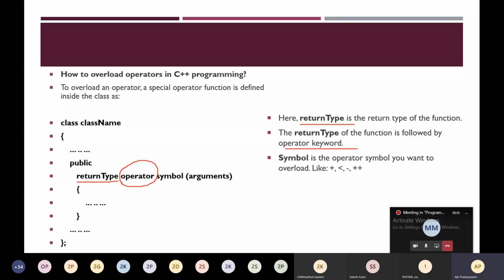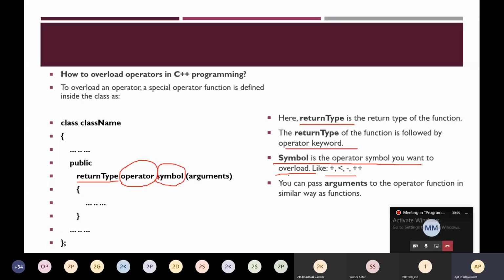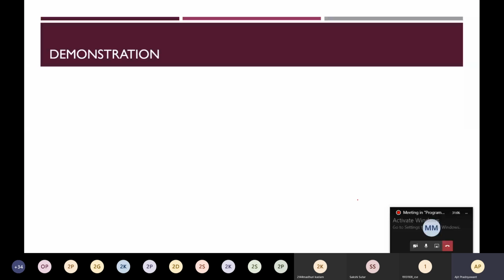And then you mention the symbol, such as plus, less than, minus, plus plus. These are the different operators that you are going to overload. So the symbol is the operator that you want to overload. We can pass arguments to the operator function in a similar way as functions. With the help of a demonstration, I am going to explain how to do operator overloading.